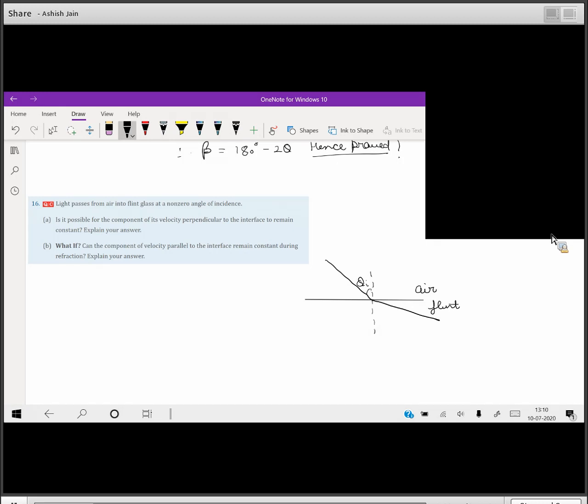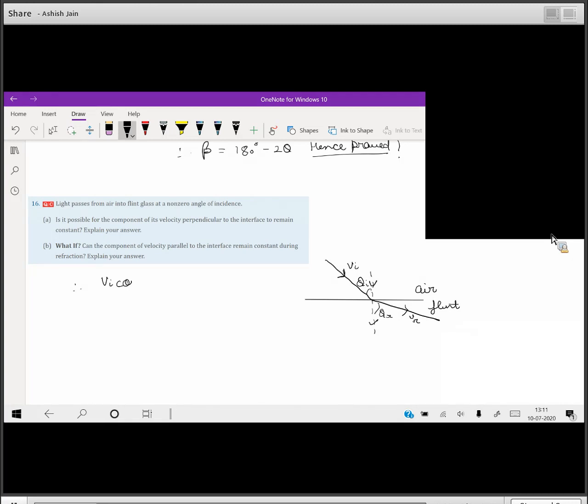Theta i, theta r. Is it possible for the component of velocity perpendicular to the interface to remain constant? So if this is vi, vr, then this is the component we are talking about. What the question is saying is that